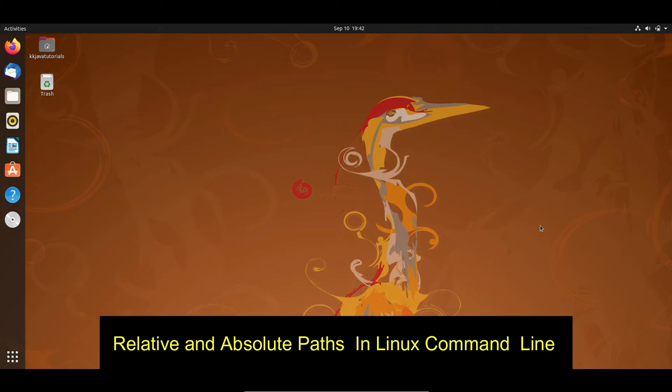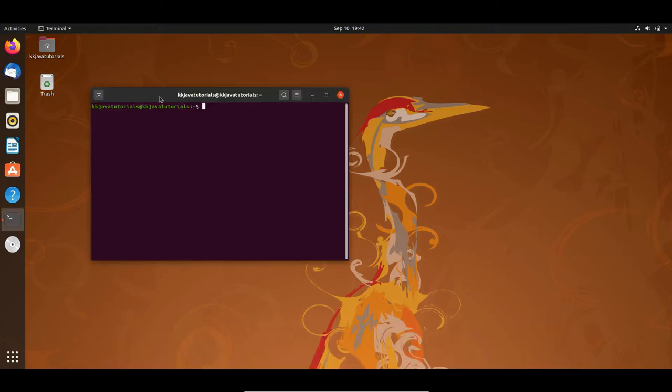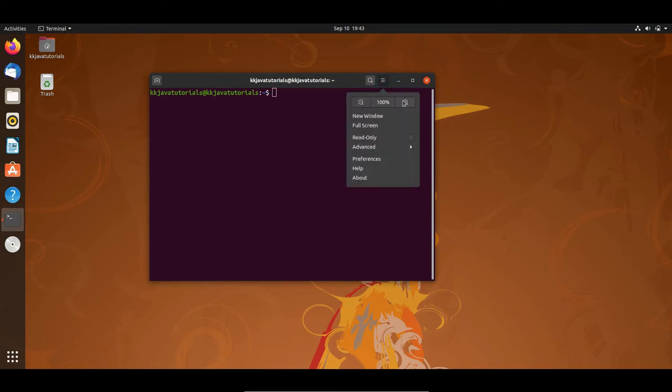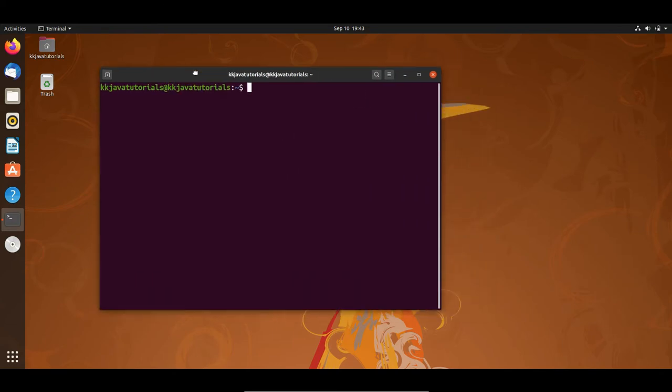To understand this concept, let's open the terminal by pressing Ctrl Alt T. So here you can see the terminal has opened. Let me increase the font size. I'm just going to zoom so that this will be clearly visible. First of all, let's talk about the absolute path.